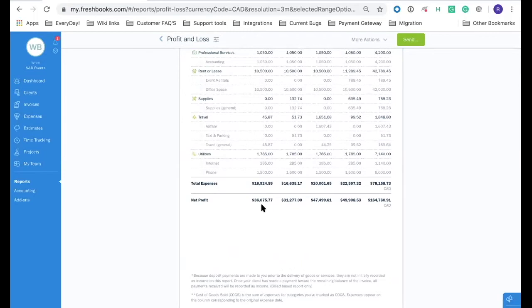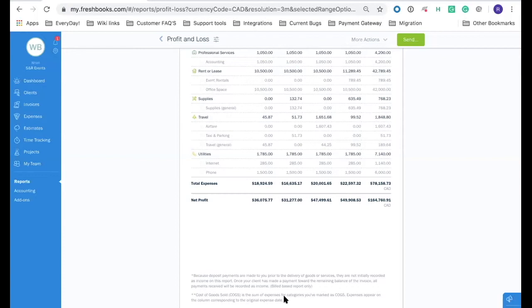We've covered what is included on the profit and loss, so let's talk about what isn't included here. If you have invoices that are still in a draft state, those will not appear in the sales section on the profit and loss until the invoices are emailed to your customer or marked as sent. If you are running an accrual-based report, invoices for which you have requested a deposit will not appear on the profit and loss until the deposit and a portion of the remaining balance of the invoice have been paid. As is the nature of a cash-based report, a deposit will show up on the profit and loss as soon